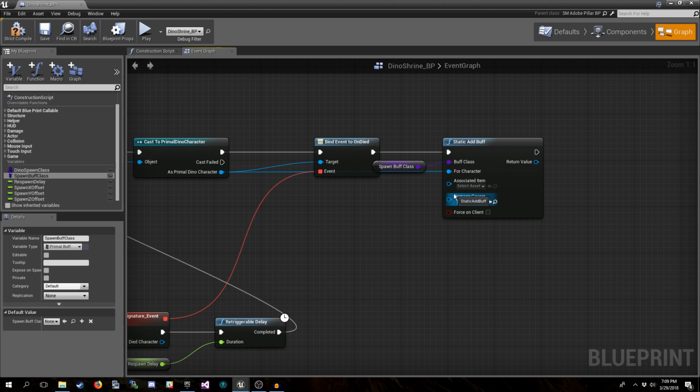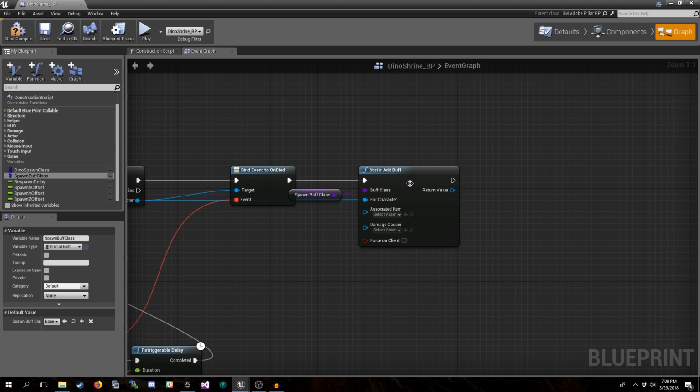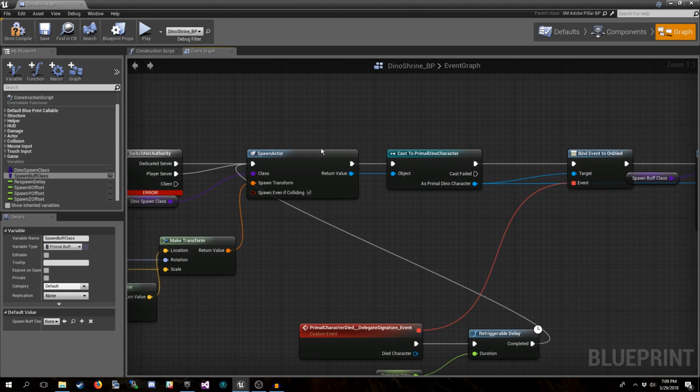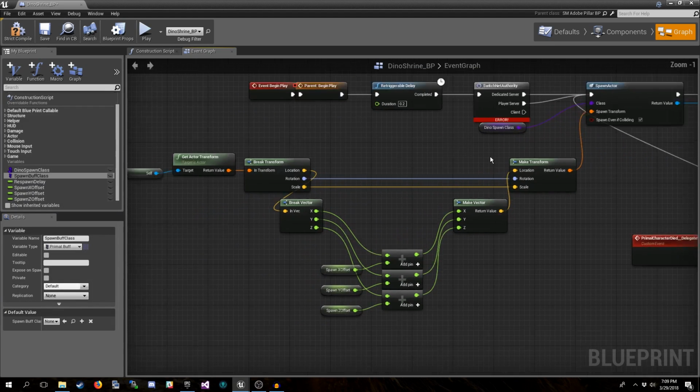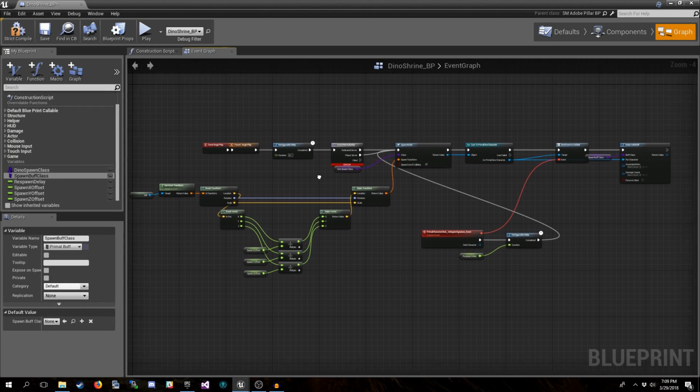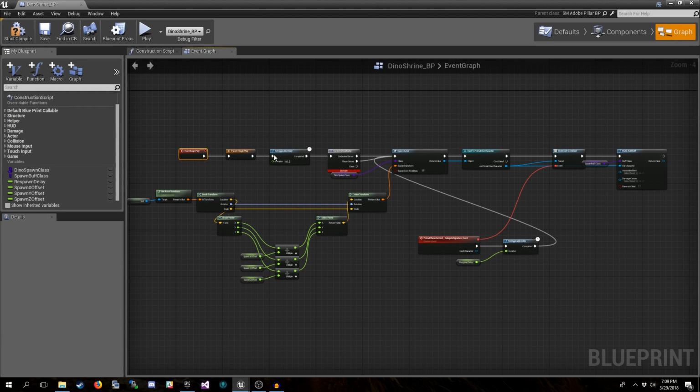We can actually leave these alone in this case. They're not required. And we will have attached a buff to the creature. So this should be all we need right now. The structure is created, and on the server, it will spawn a dino. The dino itself is replicated, so the clients will receive that information, but the actual act of spawning it only occurs on the server, as does the binding and the addition of buffs.